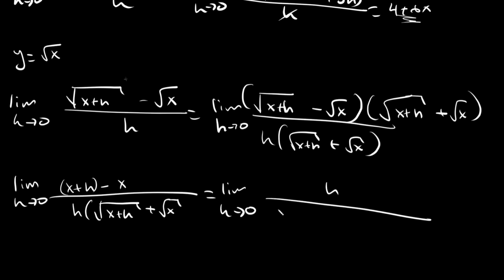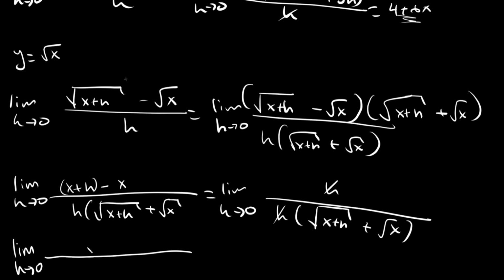I'll be left with h on top, h on the bottom. Cancel out my h. So it's just going to be 1 over